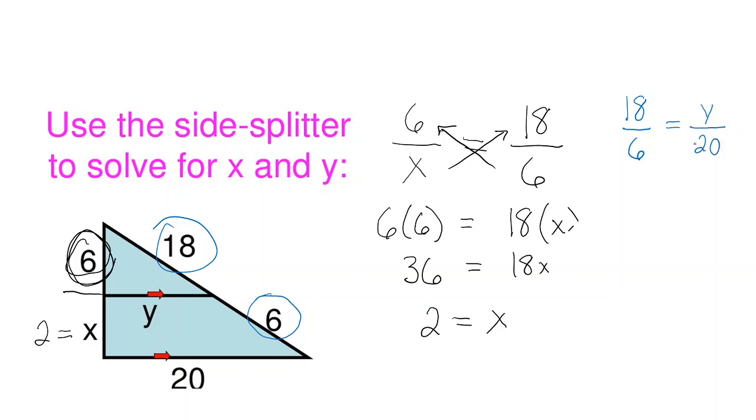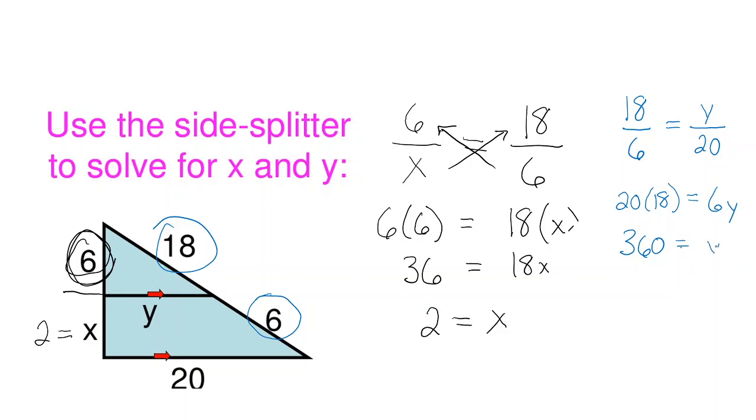Okay, so we could cross multiply: 20 times 18 is as to 6y. 20 times 18 equals 360